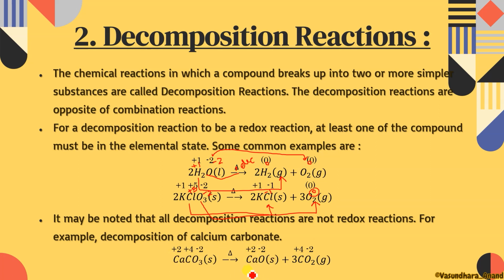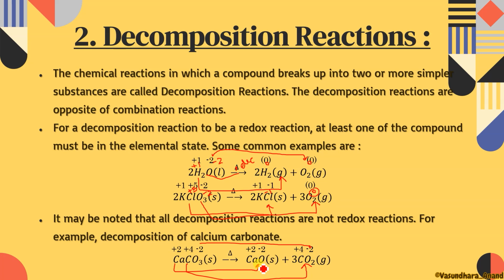If you check the oxidation state, in this case calcium will never change its oxidation state, so that means it is in +2 state. So obviously this oxygen has to be in -2, isn't it? Now oxygen is in -2, so carbon is going to be +4. So you can check that carbon is here also +4 and here also +4. Oxygen is here also -2, and here also -2. Similarly, calcium is +2 and here also +2. So that means there is no oxidation reduction.